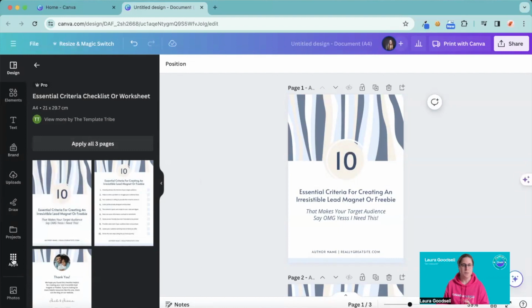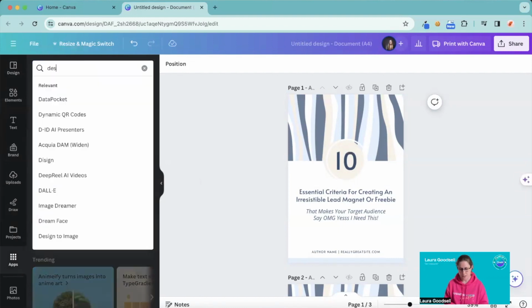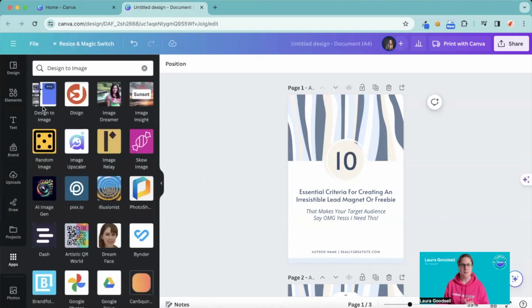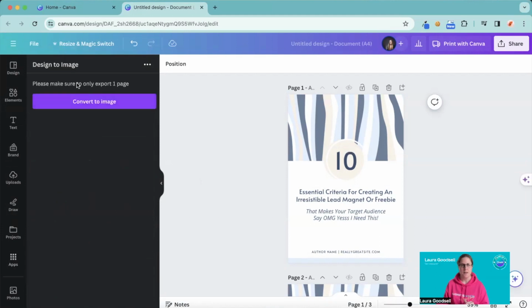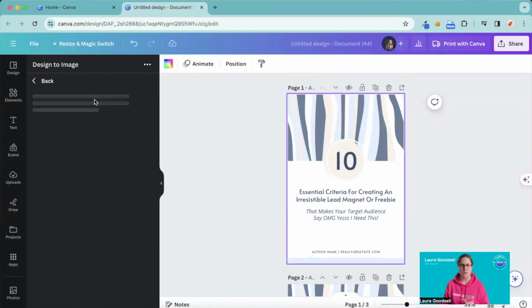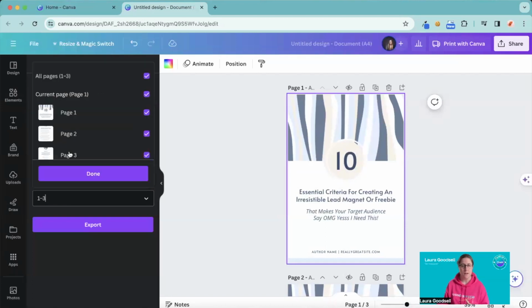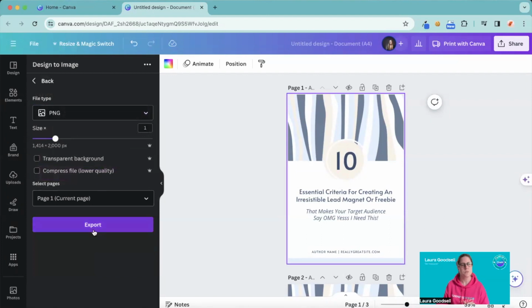I'm going to head over to the app section and type in design to image. That's the one we want. It's this guy here, design to image. Okay, so I can only export one page at a time. If I click convert image, it brings up this next box here. So I can change the type. I'm going to leave it as a PNG. I don't want a transparent background, but you can have one if you want one. And I am going to just select one page to show you how we do this. You can select multiples if you want to, but you can only do one design at a time. And if I click export,